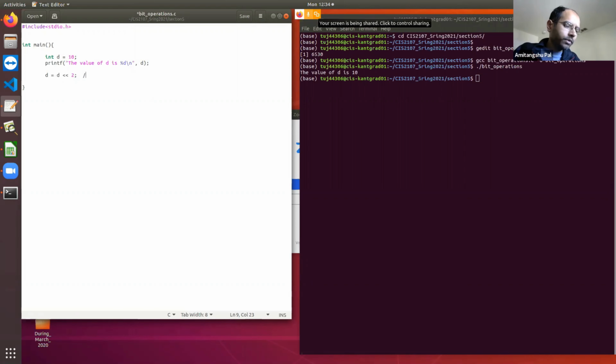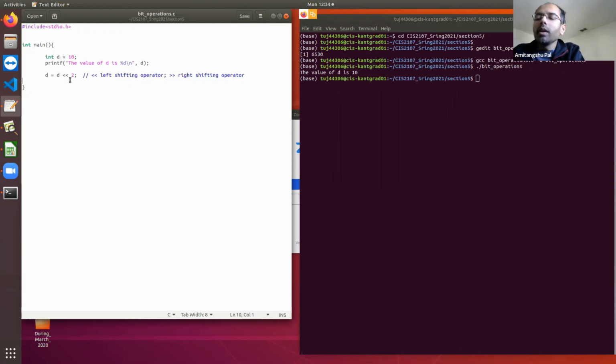This is the left shifting operator, this is the right shifting operator. So this means d is left shifted by 2 bits, this means d is right shifted by 2 bits. If I would have written this, that means d is right shifted by 2 bits.